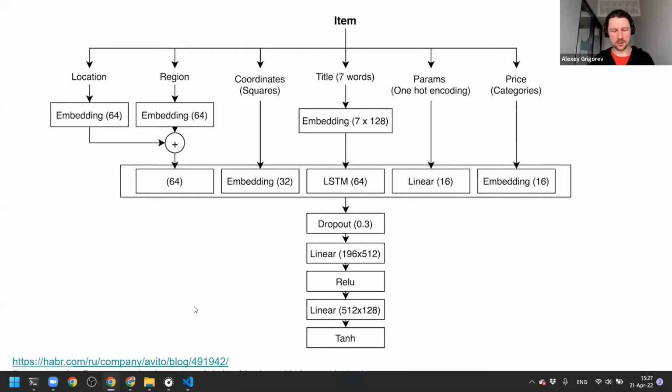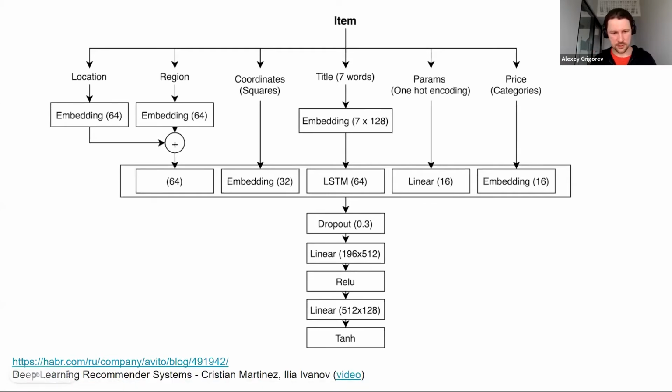I'll share the slides with you later, but you can just look it up: Deep Learning Recommender Systems by Christian Martinez and Ilya Ivanov. They are my colleagues, and they talk in more detail about this. And I think by now, we actually also have an article about this in our tech blog.